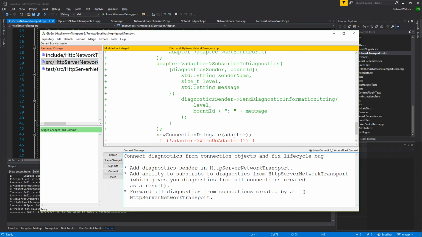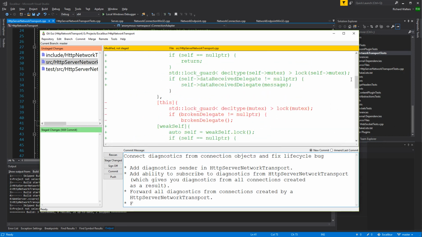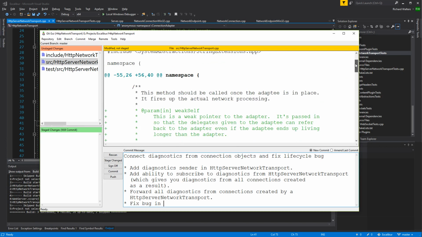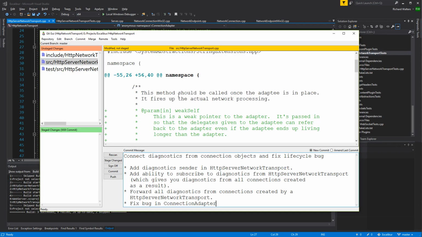Forward, yep. And then finally, fix bug in, what do we call the class? It's like a connection adapter. A connection adapter not living as long as its adaptee.